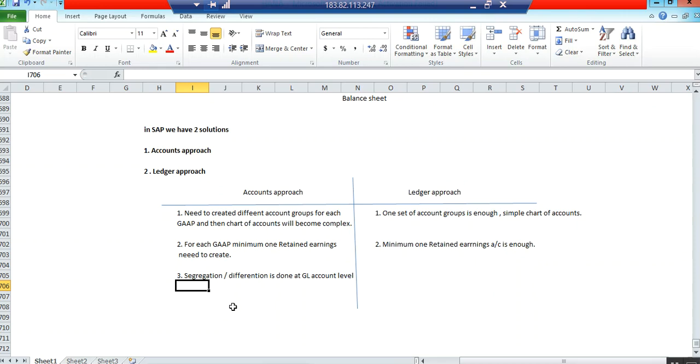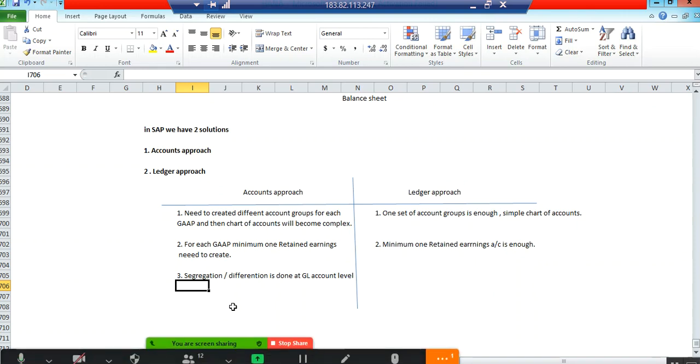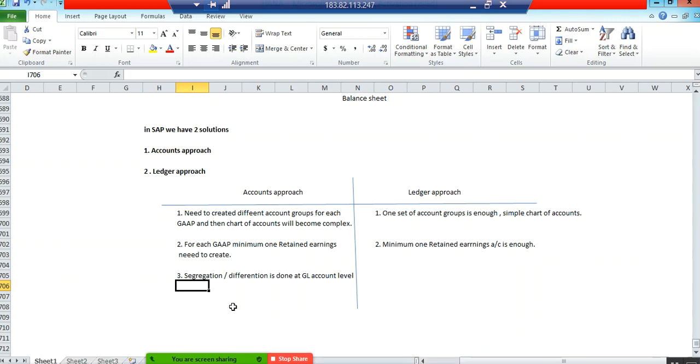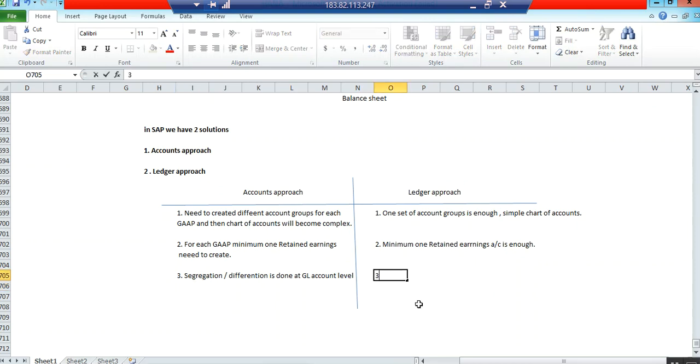And one more GL account you take, okay, this is for local legal reporting. Like that, the segregation or differentiation, the identification of GAAP, whether it is local or international, or which GAAP it is applicable to, can be done at GL account level, master data level. For each and every GL account you need to do it. But if I am following the ledger approach,